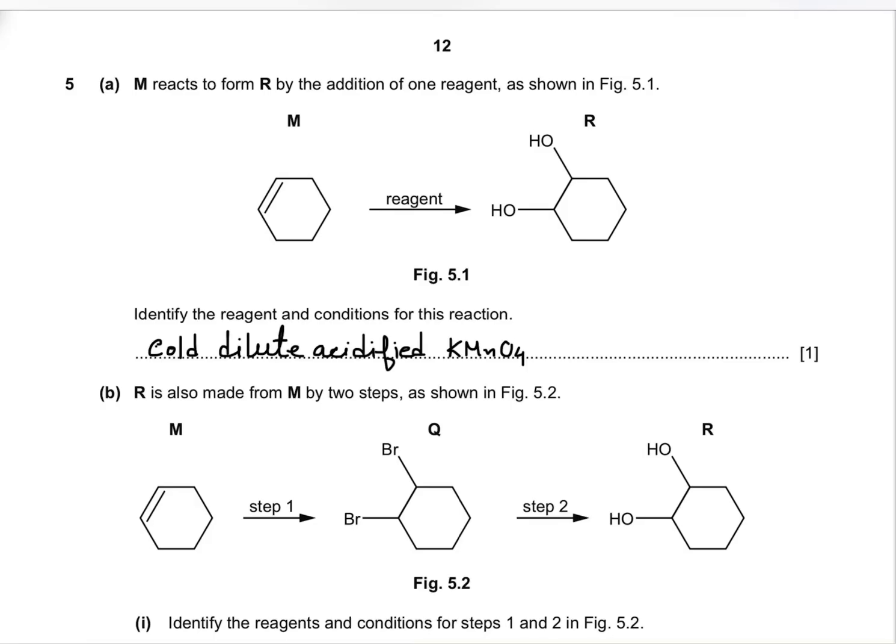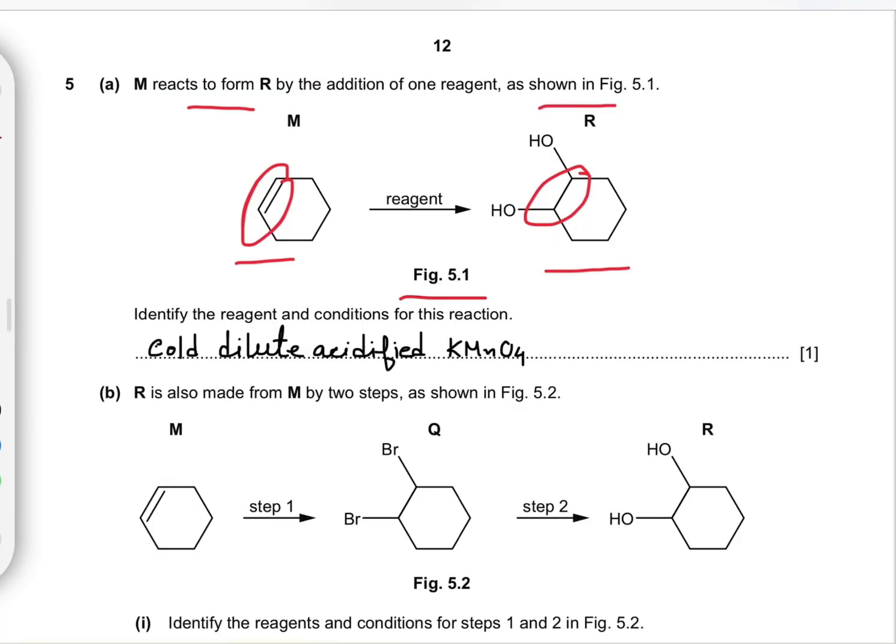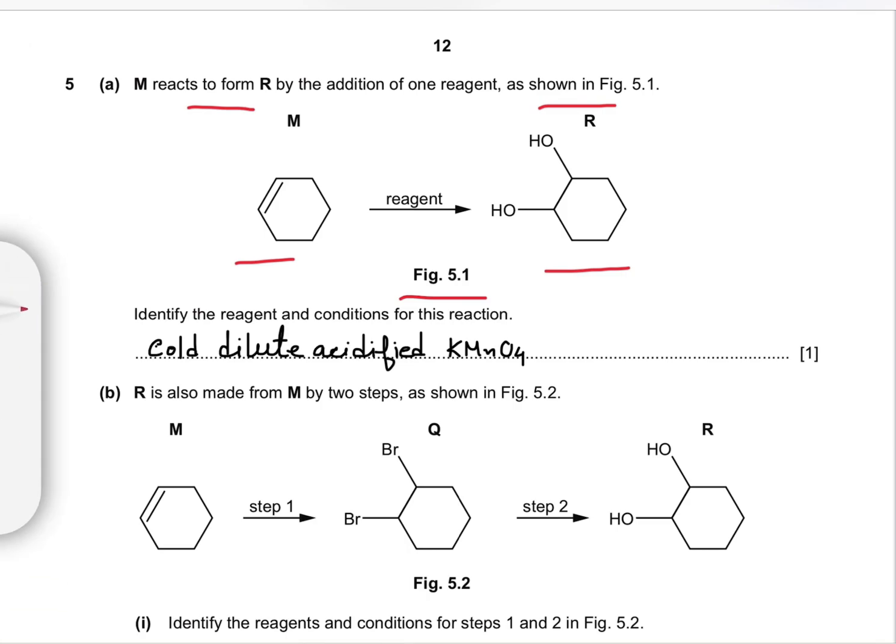Question 5. A. M reacts to form R by the addition of one reagent as shown in figure 5.1. Here in figure 5.1 we have cyclohexene. With a reagent it gives a diol. So here, to convert the alkene to diol we need a strong oxidizing agent. So for this, identify the reagent and condition for this reaction, and the answer will be cold dilute acidified potassium